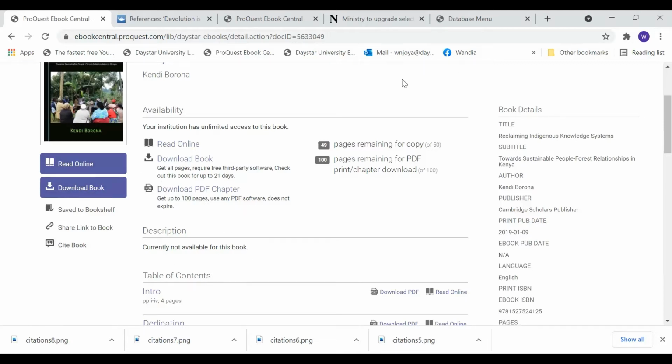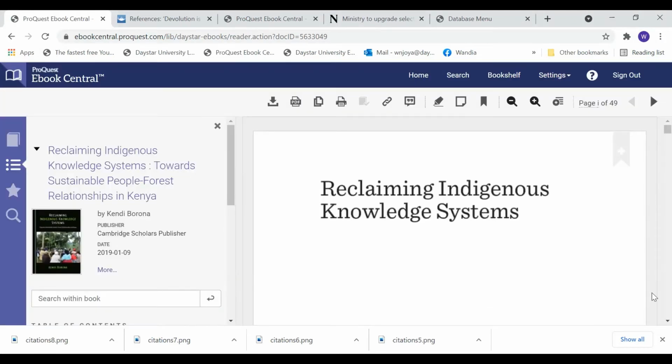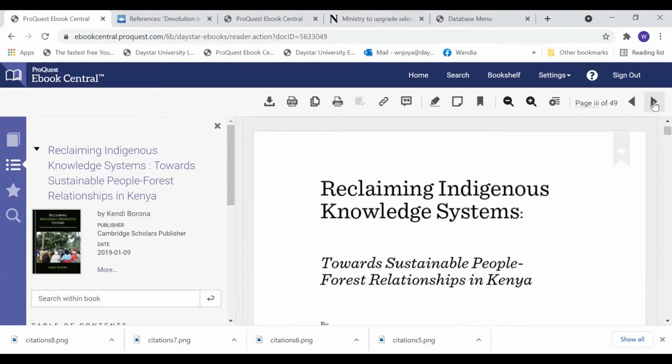So because we need to know more information, we have to go to the book online. What happens is that most of the publication information is within the first 5 pages of the book, even before you get to the actual text itself. So if we click here to go to the next page, we find that the full title is here,